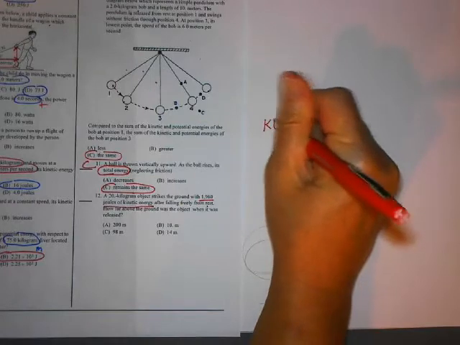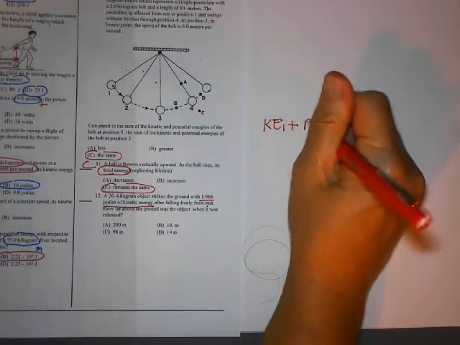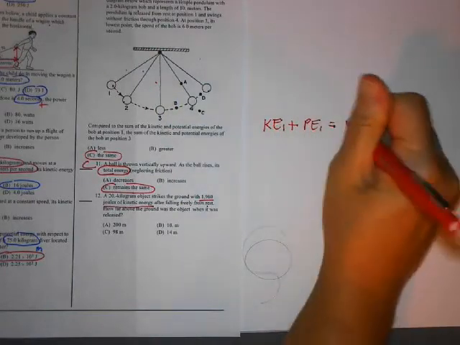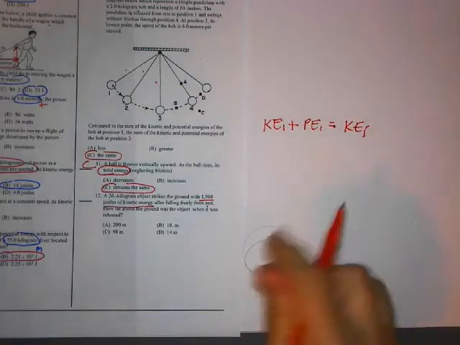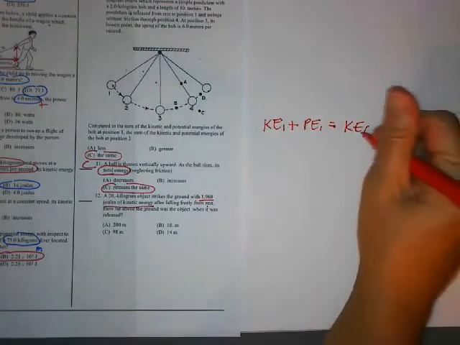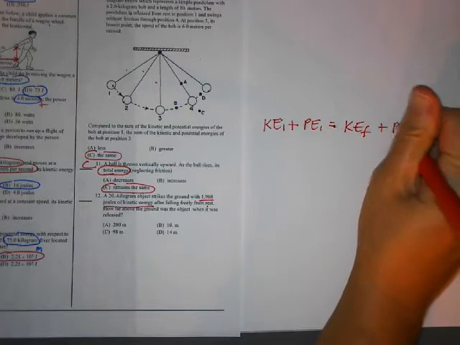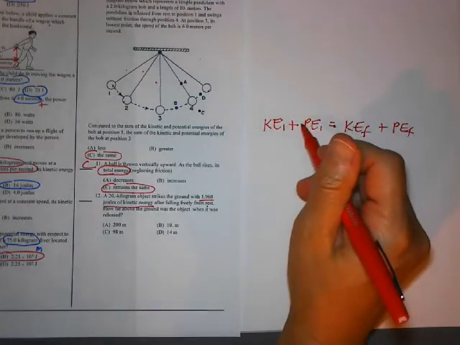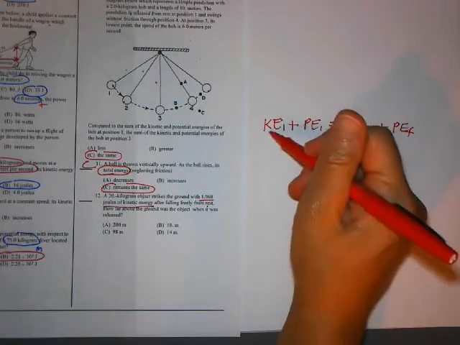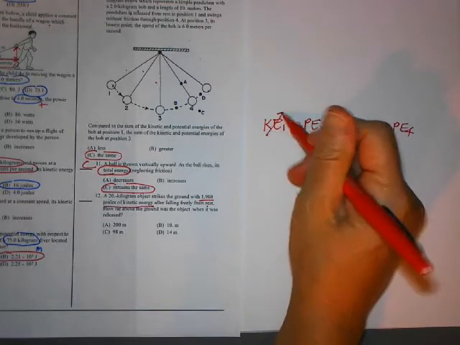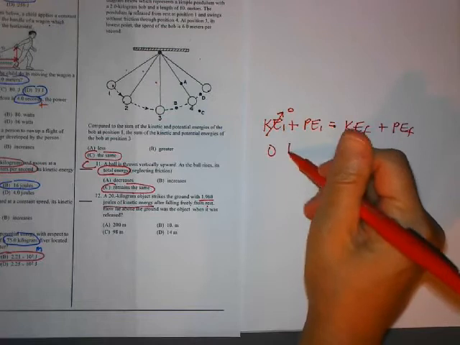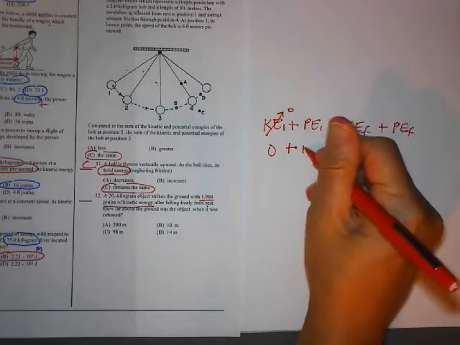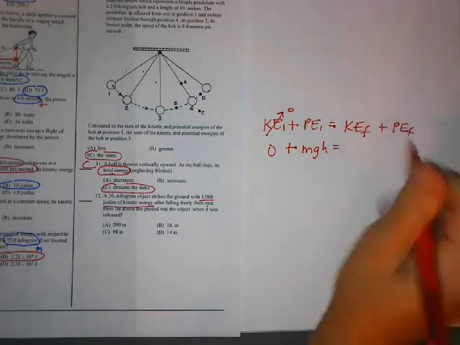So KEi plus PEi is equal to KEf plus PEf. So initially, this is at the top. If it's being dropped, the velocity is 0 because it starts from rest. So this is 0 plus this is mgh,